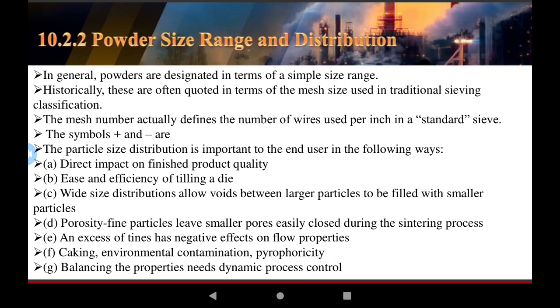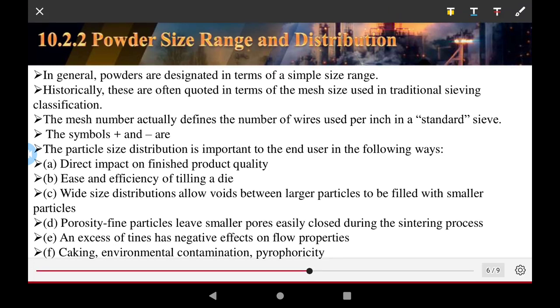The powder size range and distribution. In general, the powders are designed in terms of the particle size or range. The particle size range, historically, is often described in terms of the mesh size used in